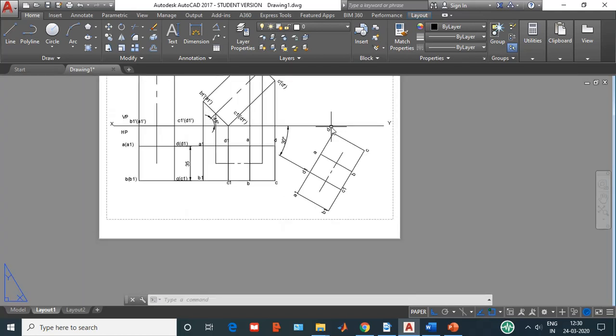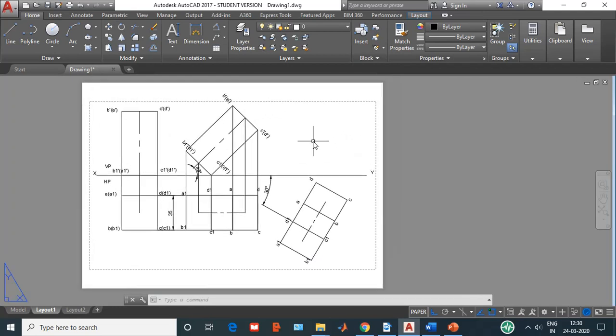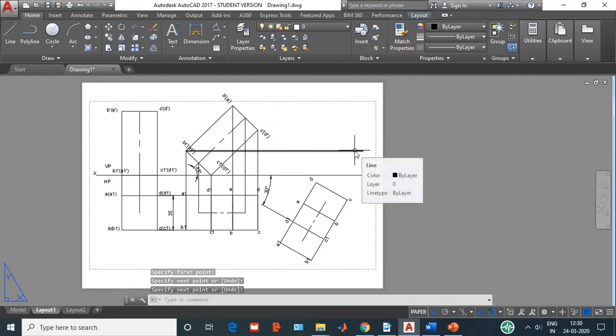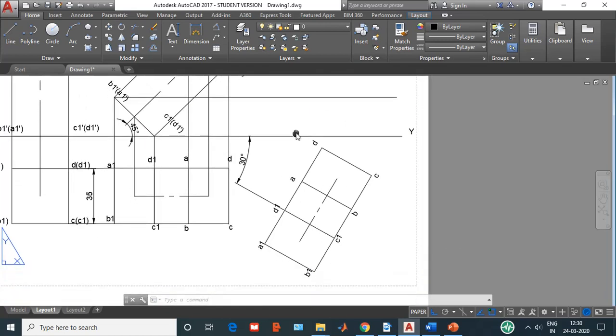Now coming to the final position. In the final position, once again as I did before, I did the bottom face first, then the top face, then I joined them. The same procedure I will follow here also. First let me construct the bottom face in the front view. Look here in the front view, A and B are at this particular position. From here I'm drawing a line. On this line I should get A and B of the bottom face, and C and D of the bottom face are already on the XY line. So let me join it.